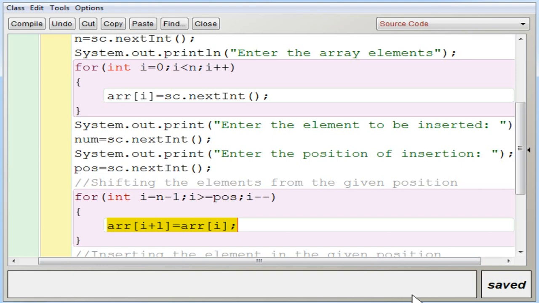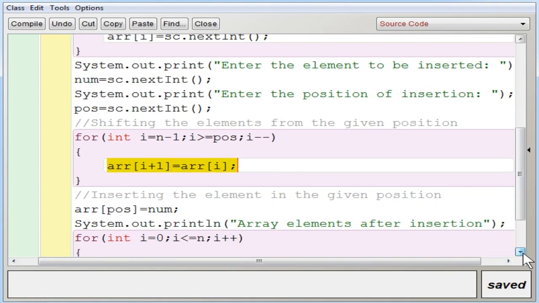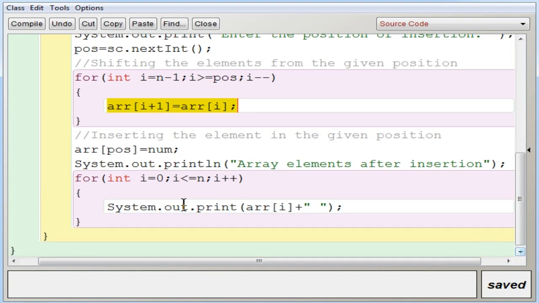Now after shifting the values, you are going to insert the element in the given position. You know the position value is 3, so the number which you entered will be inserted at the position value, that is 3. Now it has been inserted. Now you have one extra element in the array.